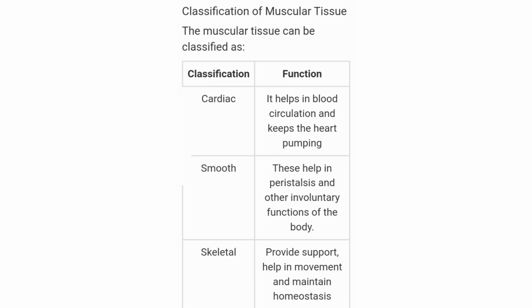Explain the table. The muscles, first one, cardiac muscle. The muscles present in the heart are responsible for pumping of blood. The cells are long, branched and have nuclei. Cells are joined to each other at their ends. All the muscle cells in cardiac muscles have striations. Though it resembles the striated muscle in its structure, it is an involuntary muscle.